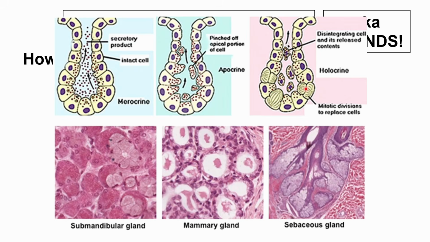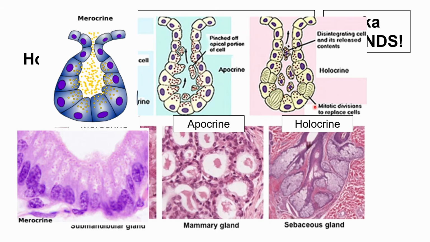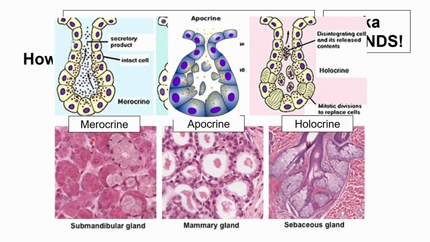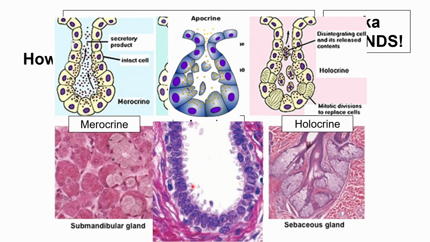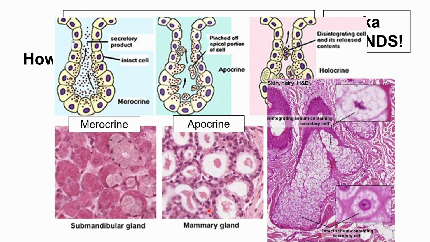So, makikita talaga natin yan. Okay? Merocrine, apocrine, and holocrine. So, actual photos, you can see the merocrine. No part of the actual cell is secreted with the secretions. For the apocrine, you will see the apical blebs. The apical part of the cell is secreted. While for the holocrine glands, such as that one, you can see that what?